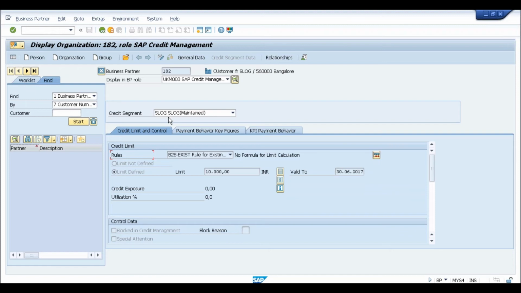Credit control area will be required even if you are using a single system. Currently, for example, we created a segment, which is available in the same system itself. Then, to not directly assign the company code to the credit segment, the credit control area has to come in between. So irrespective of whether you are following the distributed system landscape or a single system, you have to create both of these elements. Yeah, done.